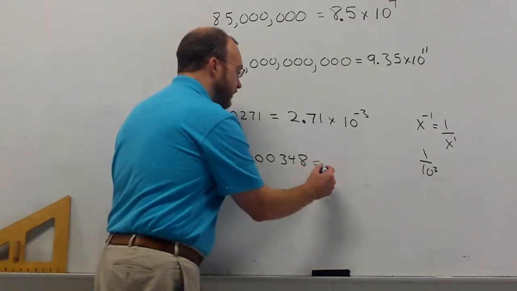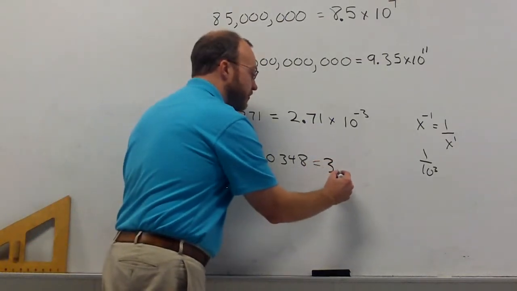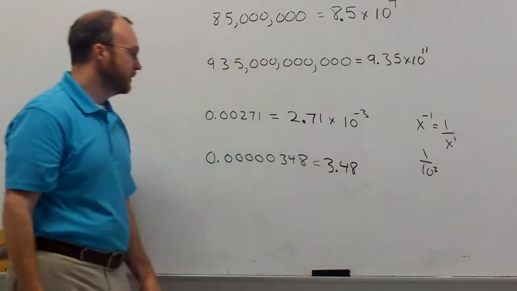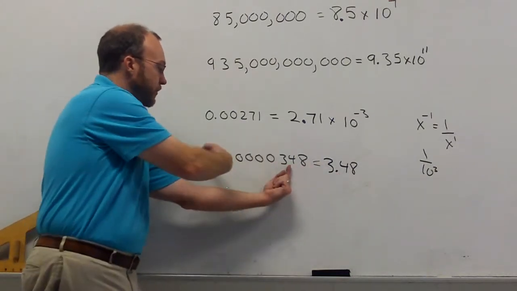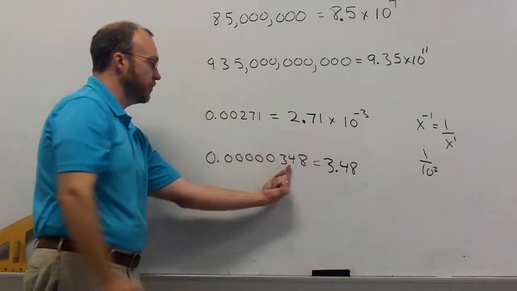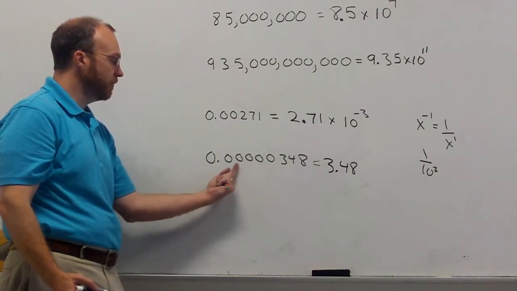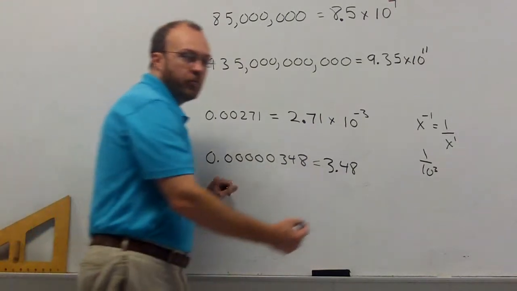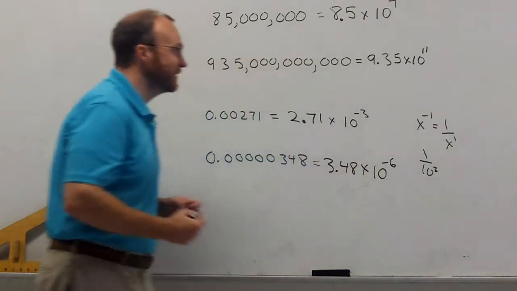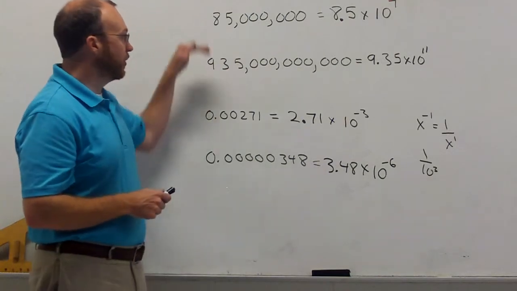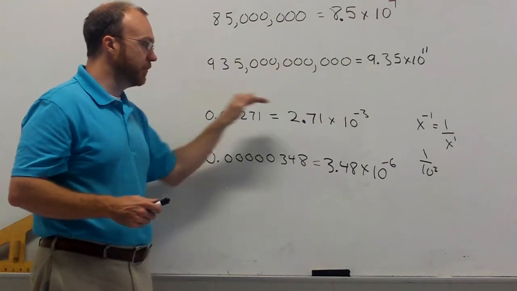Let's do one more example. So here, our first significant digit is 3. The leading zeros are not significant. The other significant digits are 4 and 8. To change this back to 0.0000348, we have to move the decimal 1, 2, 3, 4, 5, 6 times, which means we need to divide by 10 6 times, which means we need to multiply by 10 to the negative 6. So we can change big numbers into scientific notation. We can change small numbers into scientific